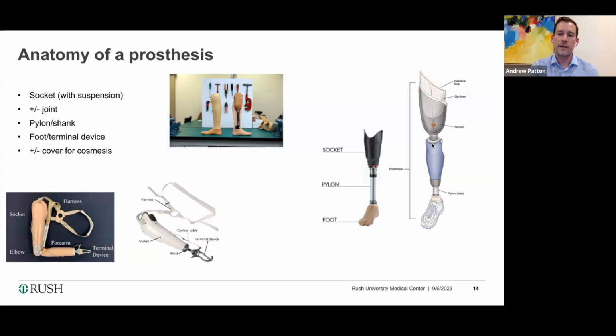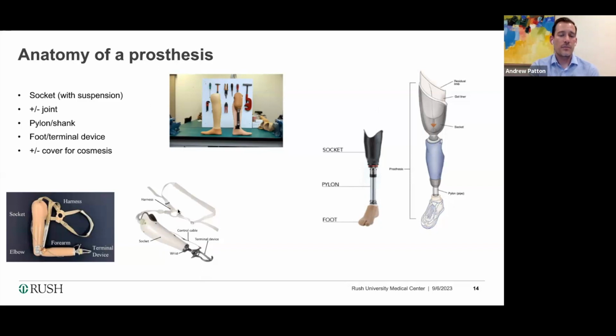It's covered with a blue shroud here. But this would be the knee joint for this person with an above knee amputation. Then you usually have some sort of pylon or shank. So that's, again, to give you space here or replace that bone that's there. And then you'll have some sort of terminal device. So that may be a foot in this case,